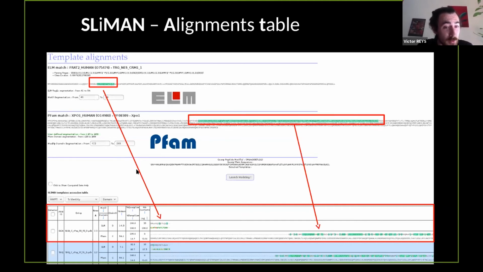And of course, we have all the sequence-to-structure alignments with closely related templates extracted from the Protein Data Bank. We can eventually modify the domain segmentation if it was not performed well automatically or not well defined in Pfam. Once we have done this, we can select the suitable templates, for example by sorting by identity, and select a template for the homology modeling and proceed with SWISS-MODEL.